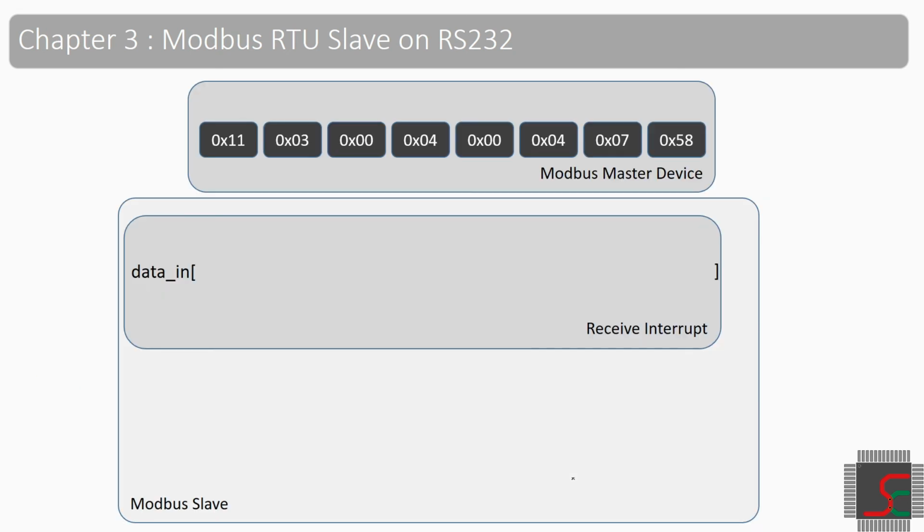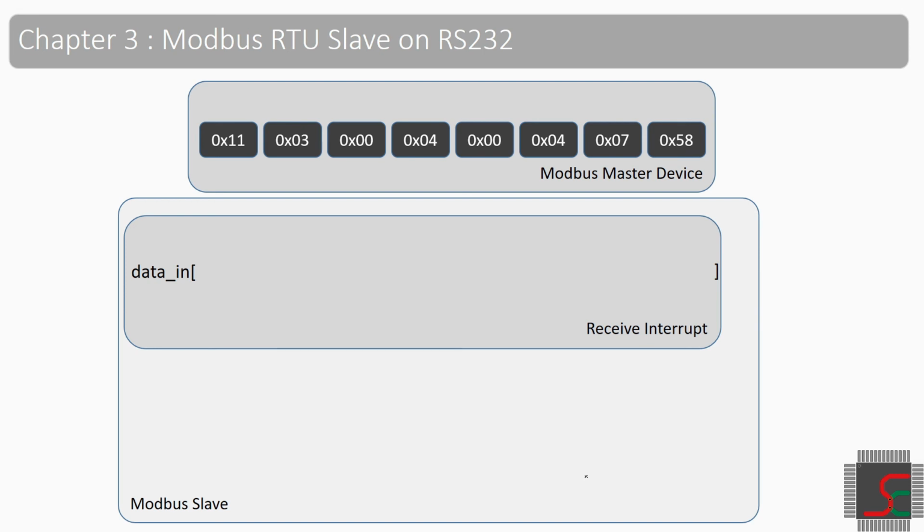Now we will use the concept of receive interrupt and Modbus delays covered in the previous slides for implementing these timers. Using animation, I am trying to show how the microcontroller program will execute the timers T1.5 and T3.5. So the timers are configured, which is not shown on this slide. We are concentrating on the operation of the interrupt handlers.